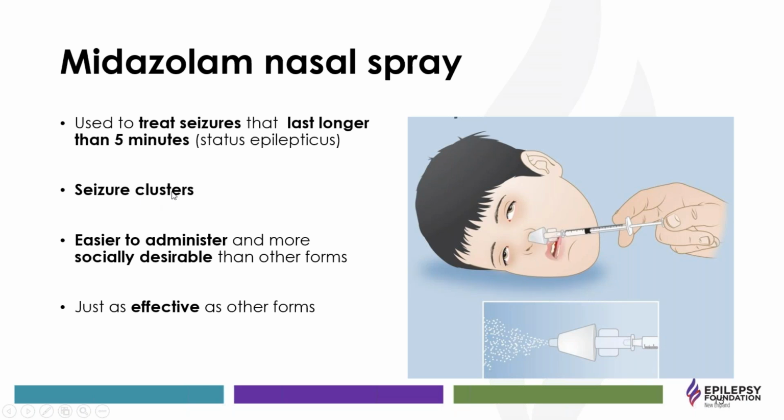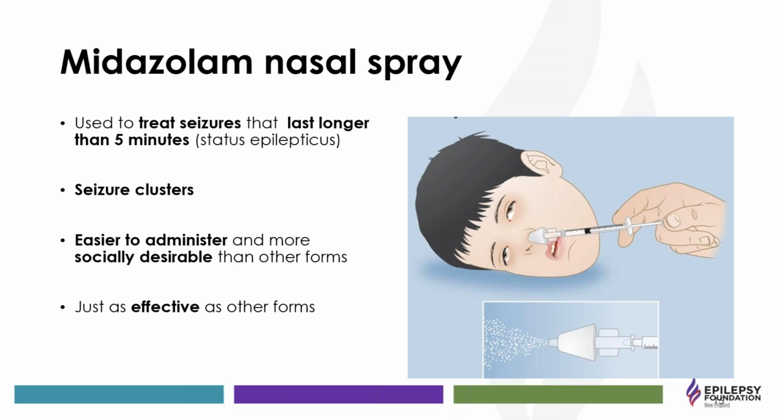So again, it's being used only for seizures that go over 5 minutes, or for seizures that are happening so close together that the person really isn't recovering. And typically, not always, but typically, we're talking about tonic-clonic seizures here. Although people who have clusters of non-convulsive seizures, like absence or focal, maybe their neurologist might want a rescue med used to interrupt that cluster. But again, it's a little tougher to recognize those seizure clusters.